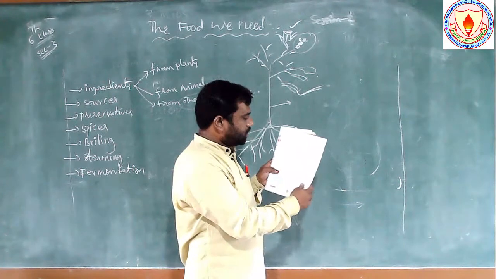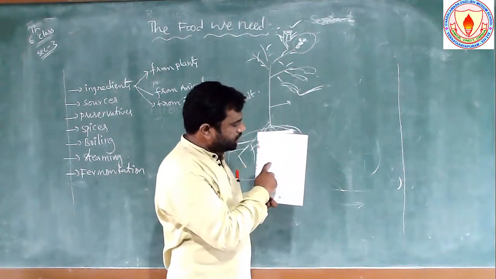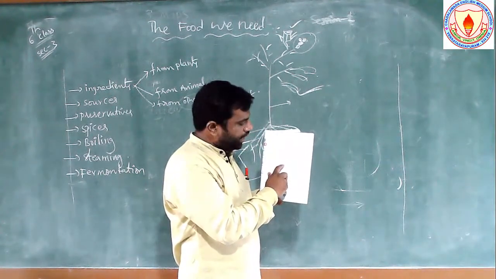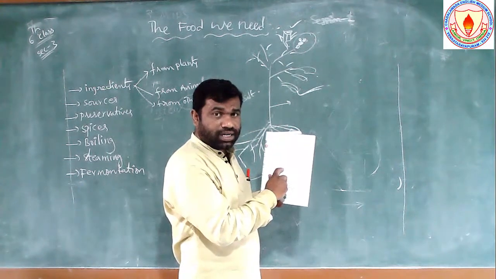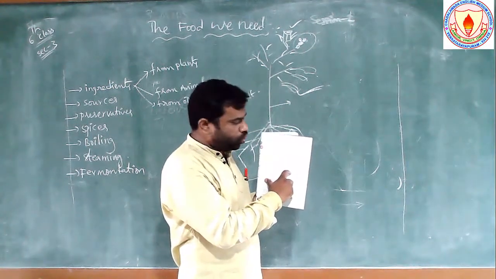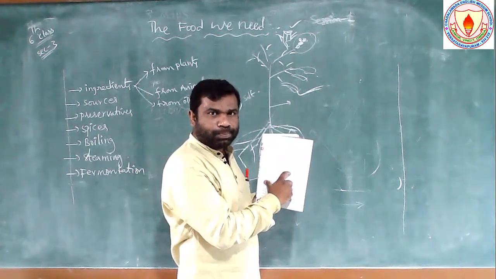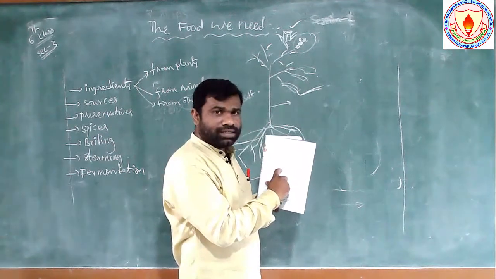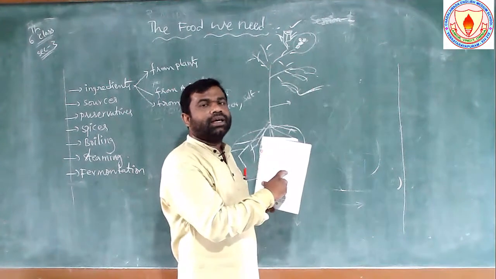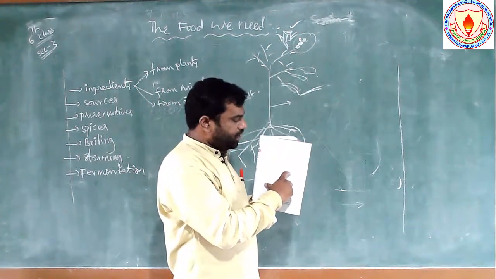Yes or no? Next, chutney. There is a fourth table, fourth Roman. Chutney is there. We need groundnuts, oil, chilies and salt. Salt is from other sources. Next, chilies we are taking from the plants. Next, oil. Some oils we are taking from the plants and some oils we are making from the animals. So P and A.